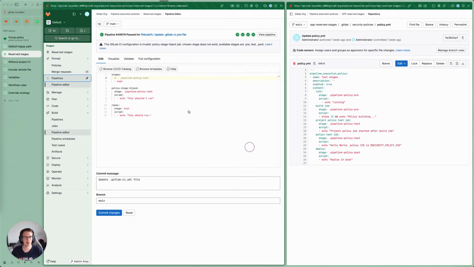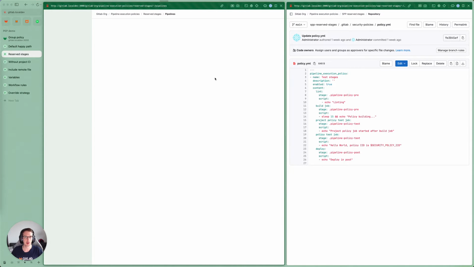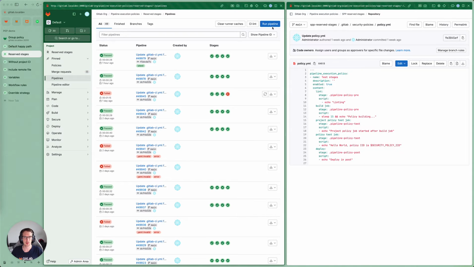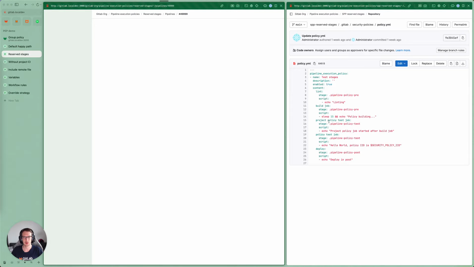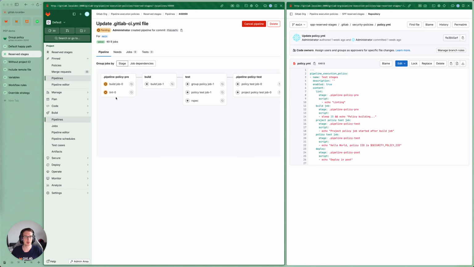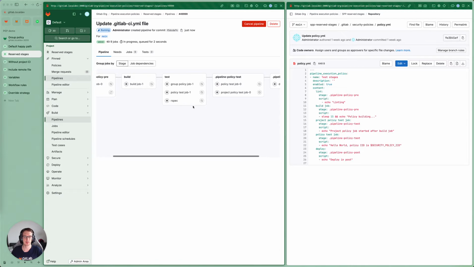But we can still run the pipeline, and when we do so, we should see the jobs in these restricted stages. And this job comes from the project because it doesn't have the suffix, and the other jobs come from group and project level policies.